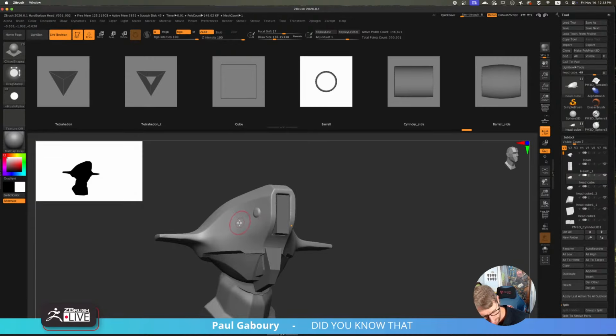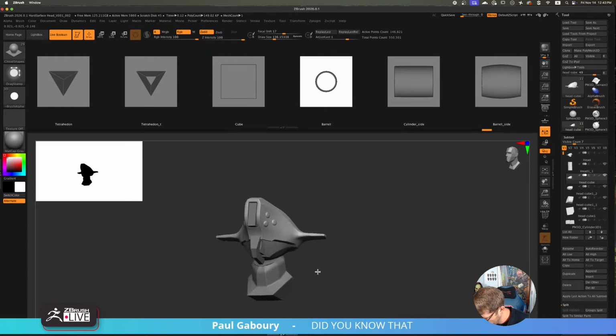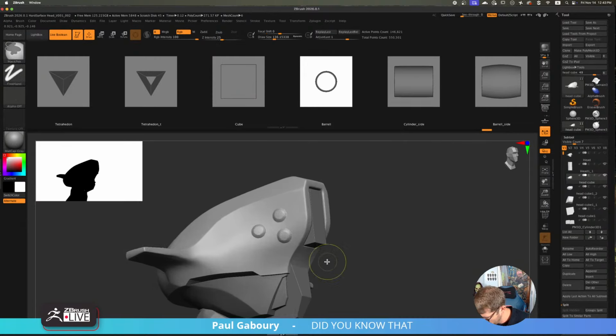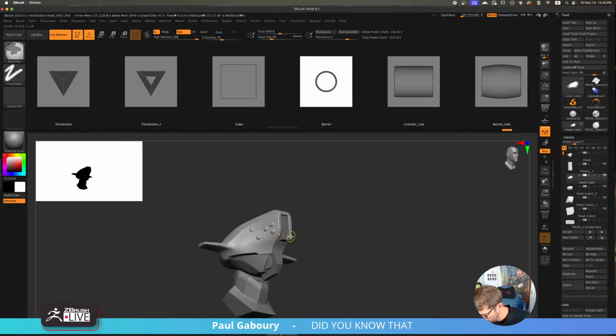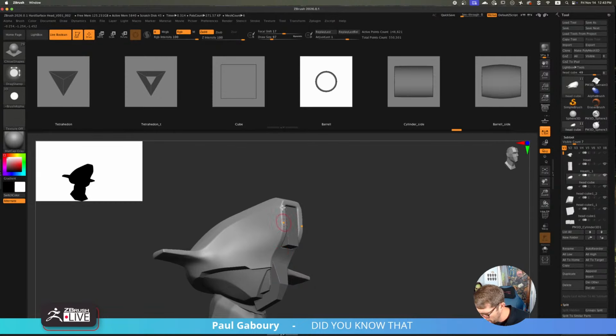And then I'm going to go here and put another one there, and another one there. Maybe let's go smaller, and then do another one there, another one there, another one there. Kind of make some kind of spherical element.